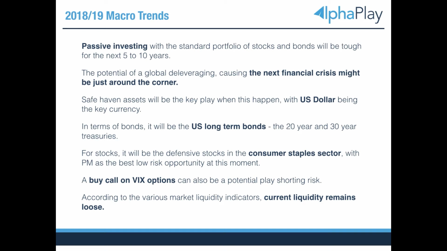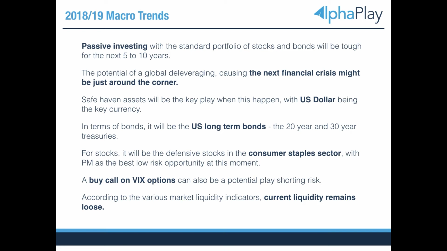When this crisis starts to happen, when global deleveraging starts to take full force, safe haven will definitely be the play. I think almost everyone knows this: when there's a risk, you go for safe haven assets. In terms of currency, we will be focusing on the US dollar. In the report, I briefly mentioned that we will stay away from the Japanese yen. In this context, we won't look into the Japanese yen as a safe haven play. There are more details in the report, but it's still very short because the report is very long already, so I'll leave the yen play for another report.